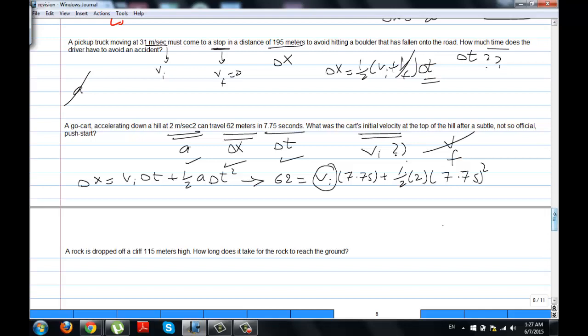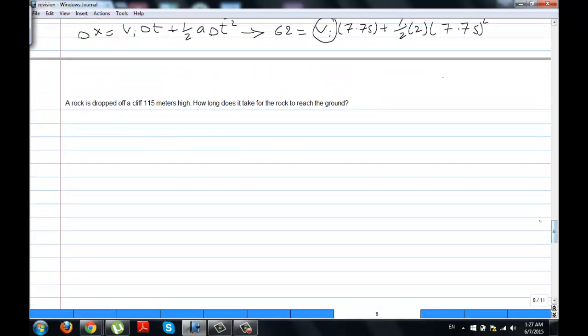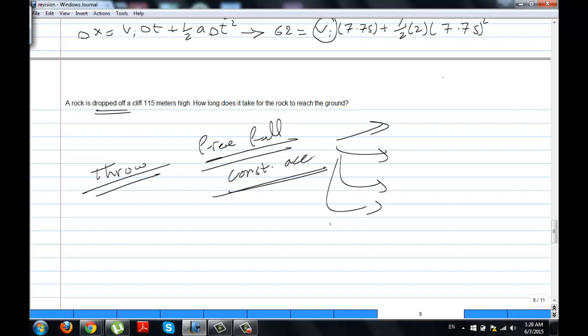So this is also an example. Let's go to this final example. A rock is dropped off. Once you see these two words, dropped or thrown upward, this means that you are dealing with free fall motion, which is also one of the constant acceleration problems, which means I have to apply one of the four kinematic equations. So when an object is dropped or thrown upward or downward, you need to use one of the four kinematic equations as well,